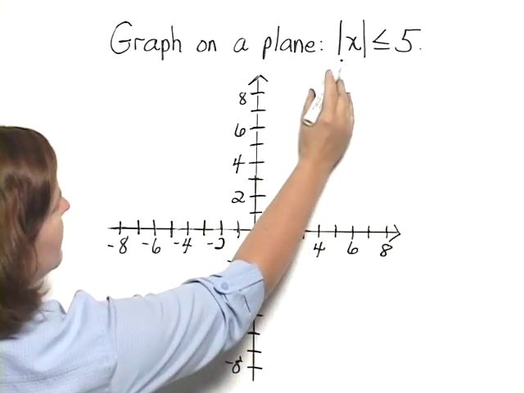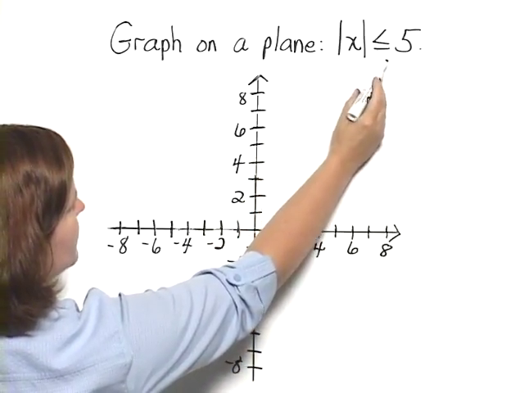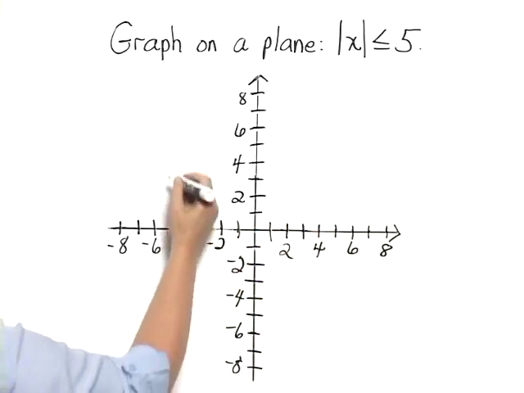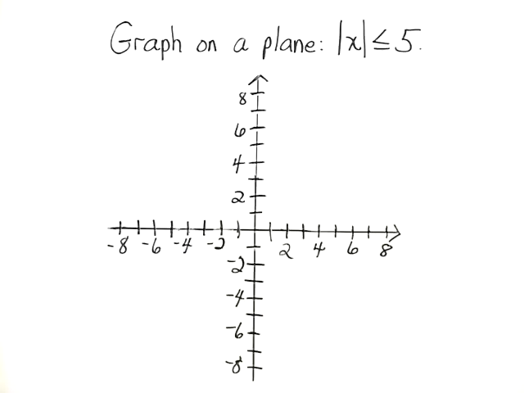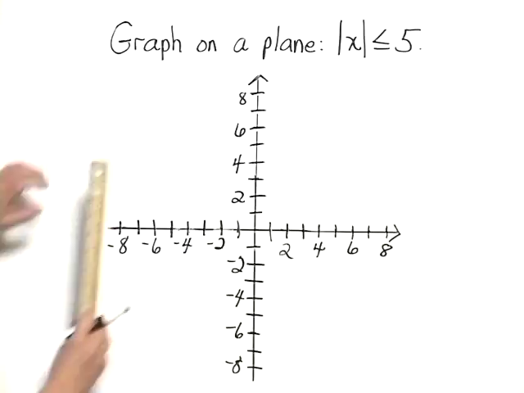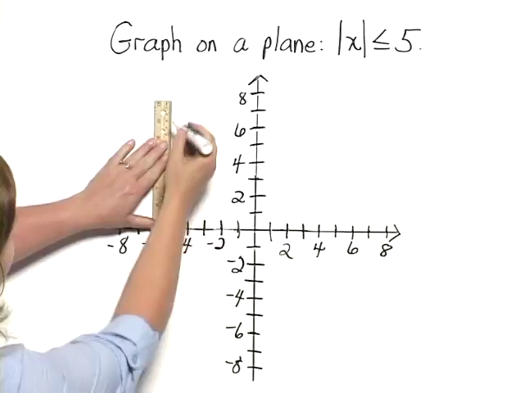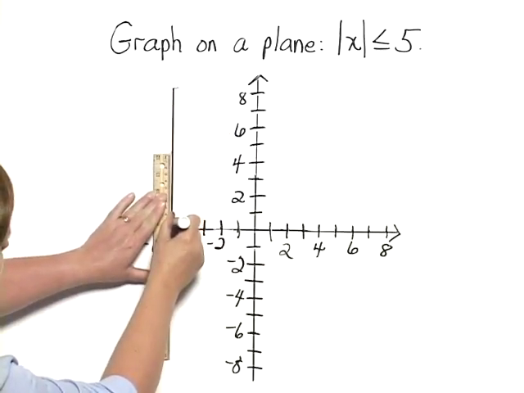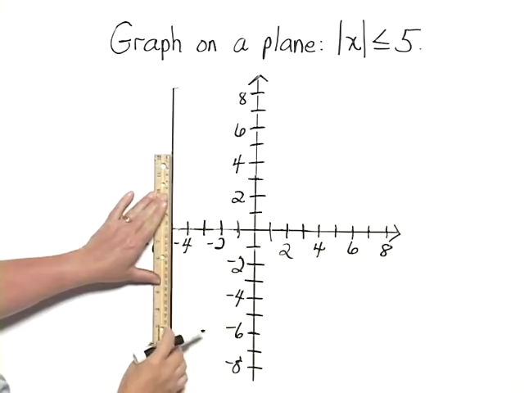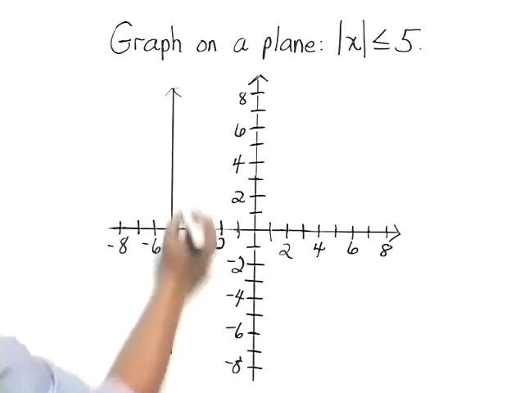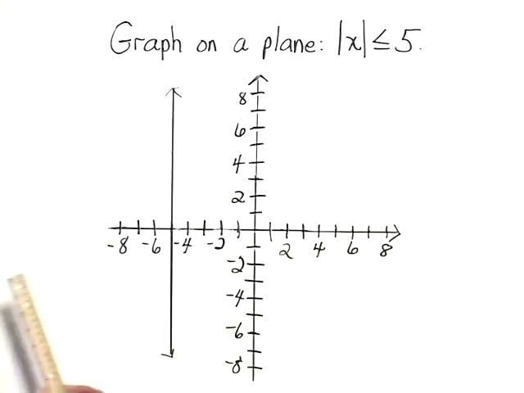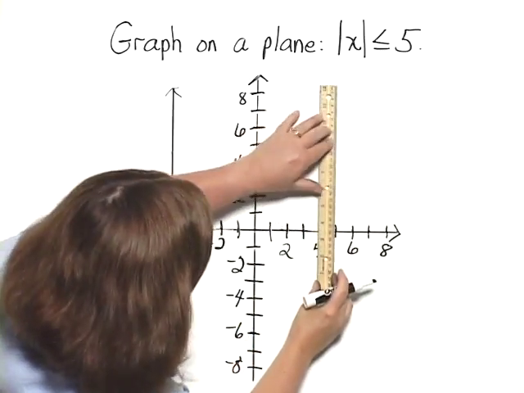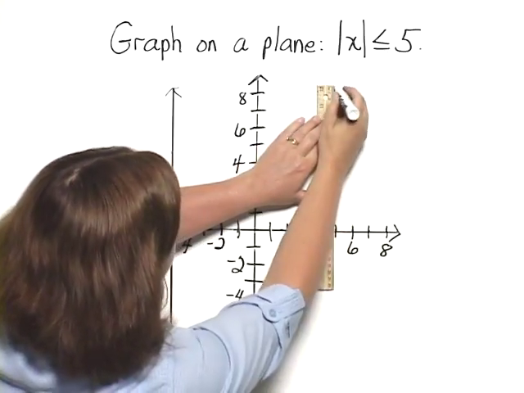So we can graph this by looking at x equals 5 and x equals -5 and graphing those lines that come right down through the points on the x-axis, -5 and 5. And notice that I'm graphing them with a solid line because of the inequality symbol less than or equal to. This is going to essentially prove to be a boundary of the